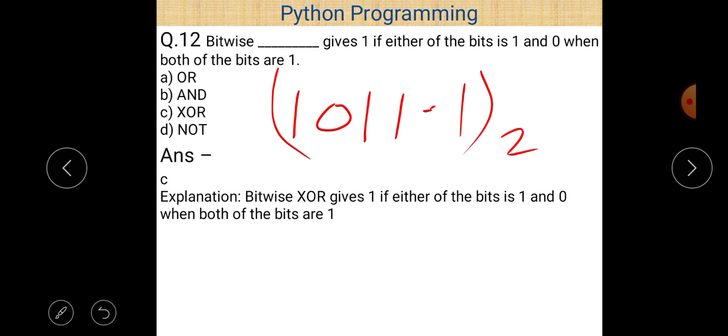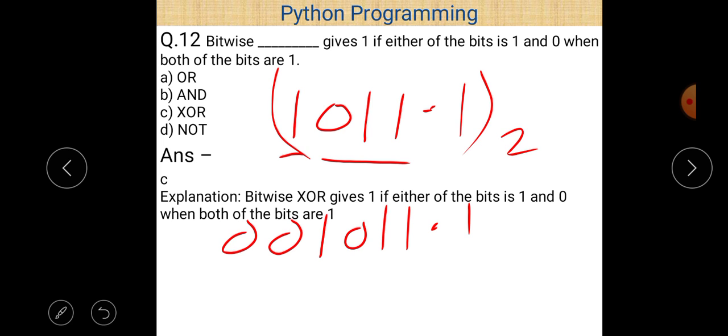If you want to convert it into octal form, then first of all, make sure that there is a group of 3 bits. You can easily see here that 011 is there. That makes no problem, but only a single bit is here. So add 0 before this, so you can write it as 001 and then 011, and again a single bit is there after the decimal, so again add 0 just after that, and now make groups of 3 bits